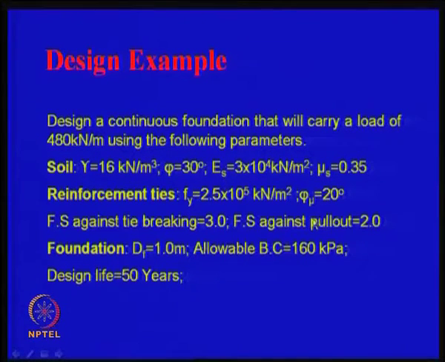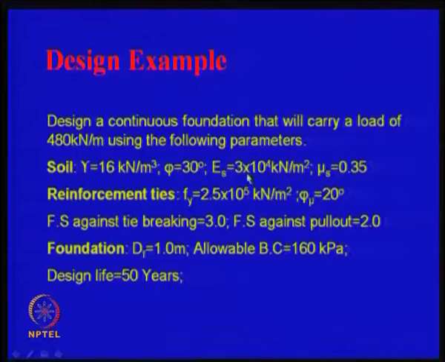Now, based on this example and these typical considerations, you can see that if you take a 1 meter foundation width, 160 becomes 480. It is almost 3 times. So the bearing capacity improvement ratio is quite high. Why these parameters are required is that sometimes 160 is not given, and you can calculate it using these,